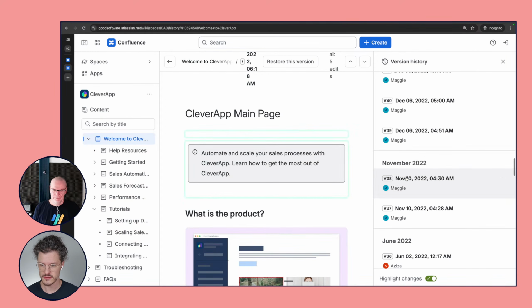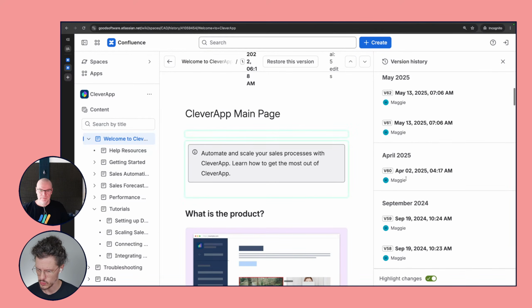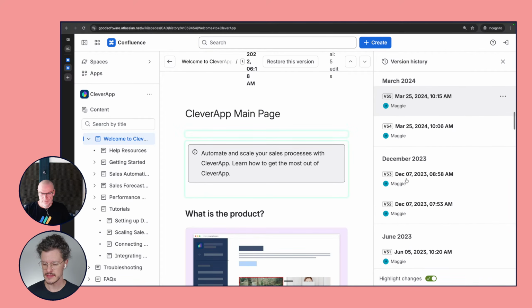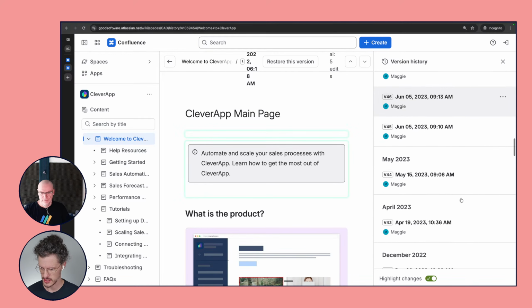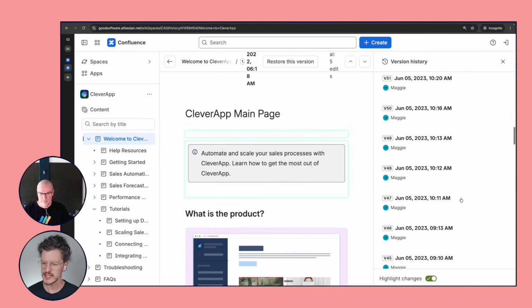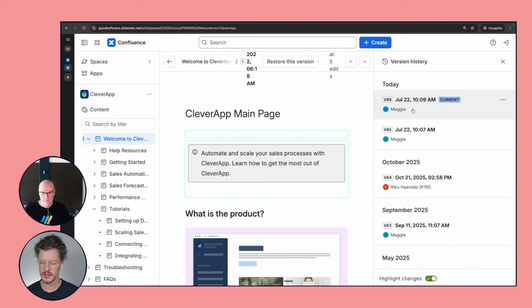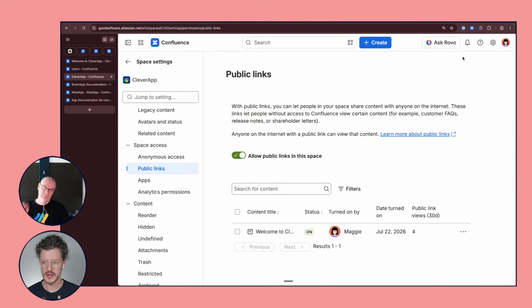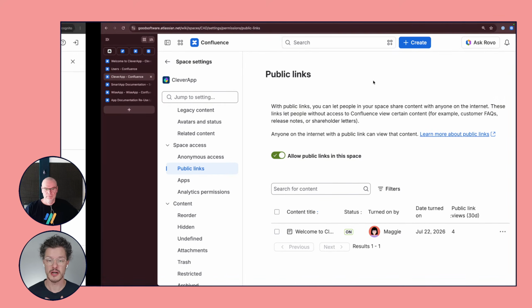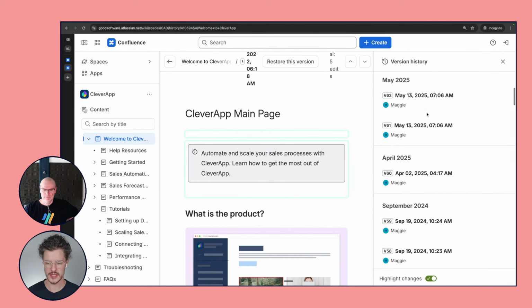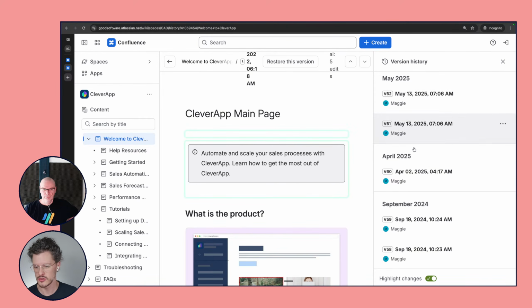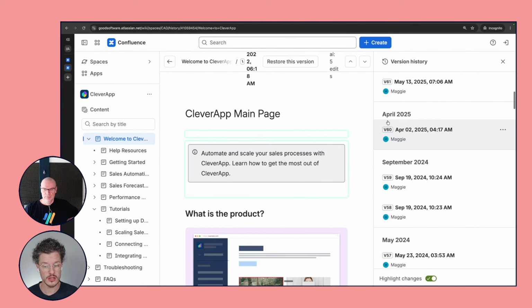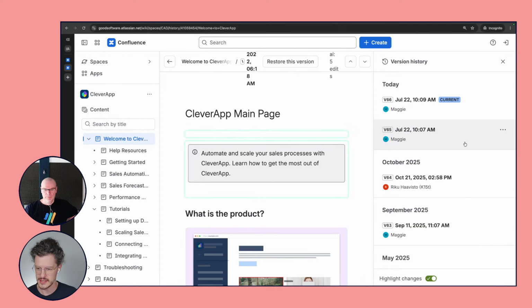Exactly. And some other things to note here. So looking at this version history, let me see one here. Anytime you submit or publish a page change, I can't find an example now, you can add a note to that. And some teams do that. When you hit the publish button, the one that's up here, there's a little drop-down menu and you can publish it with a comment. All of those comments go here. So if you're using internal code names, or anything, all of those comments are visible here. In addition,